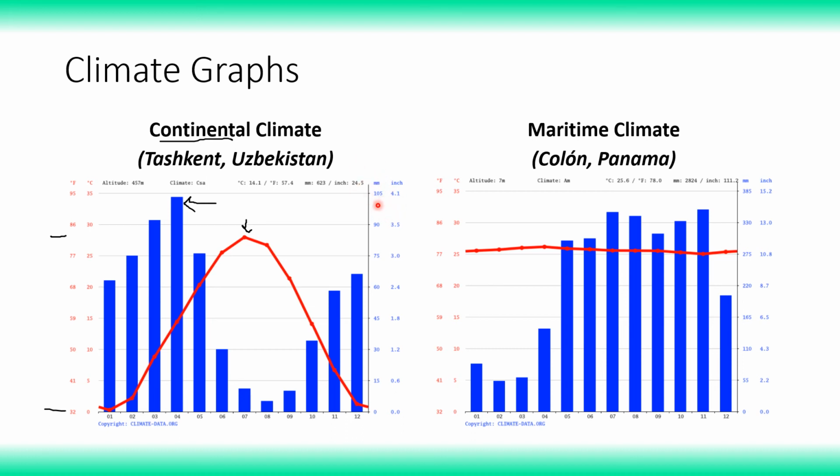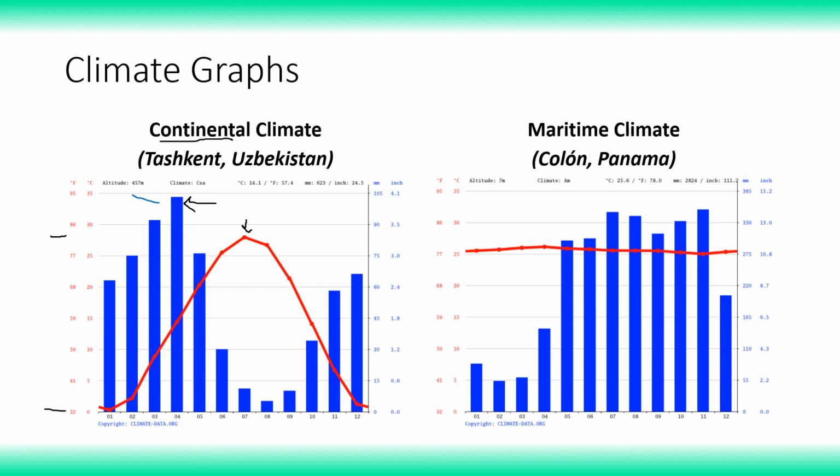It might be a little difficult to read depending on the size of your screen, but you have to look at the numbers on the scale for the precipitation right here. Because if you look at the Uzbekistan side, then this highest number for precipitation in millimeters is 105. But if you look over here on the Panama side, the highest number for precipitation in millimeters is 385, which means that technically